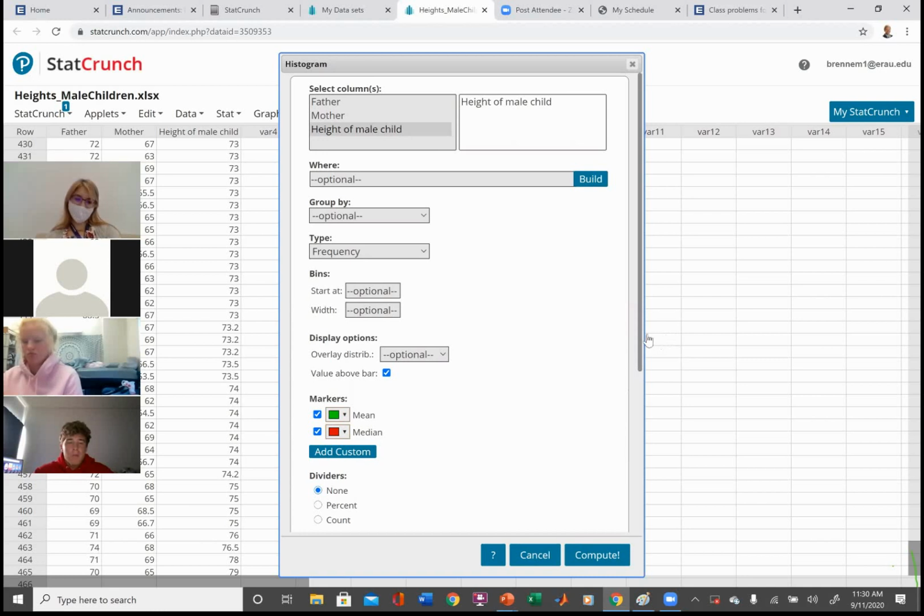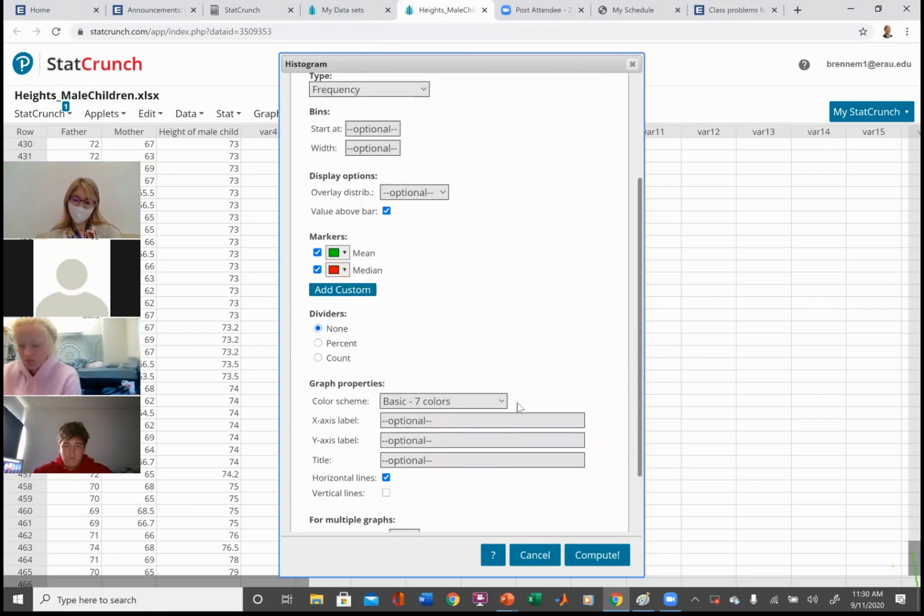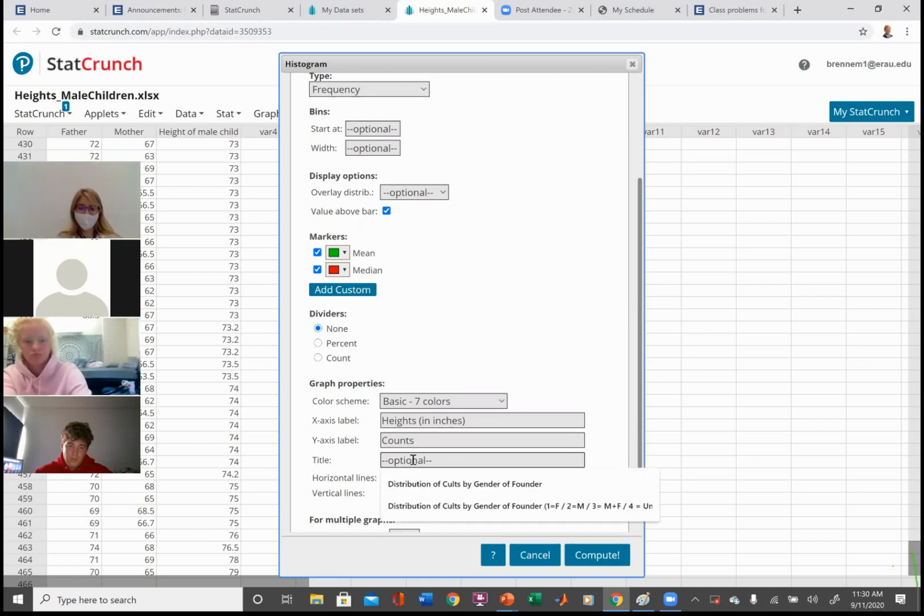One thing you do have to put in, which is very important, and this is something that you'll definitely lose points for on an exam, you have to put in the axis labels. Okay, so on the x-axis, I'm plotting the variable values, right? So these are going to be heights in units of inches. My Y label, you can plot frequency or counts, okay? I'm just going to plot counts. You could put frequency, it doesn't matter.